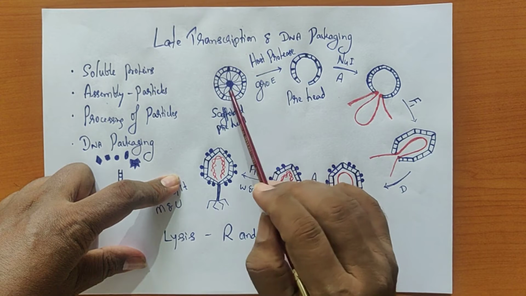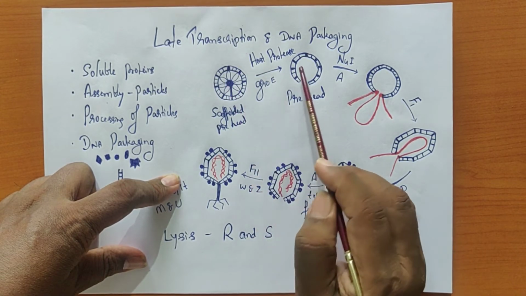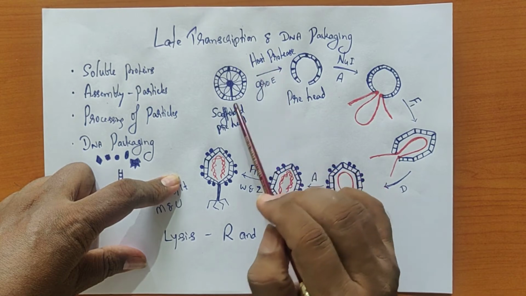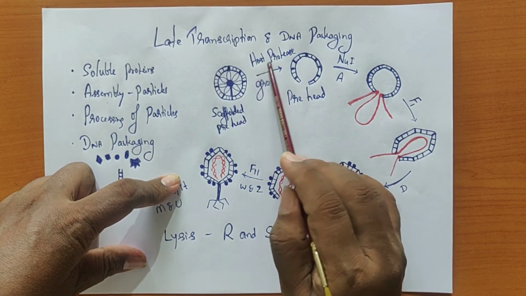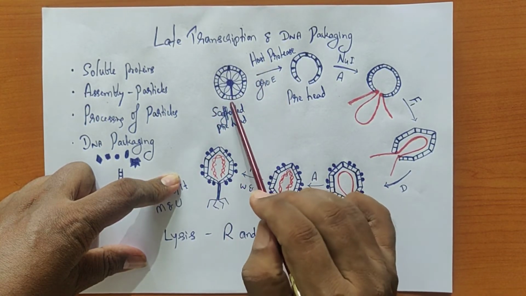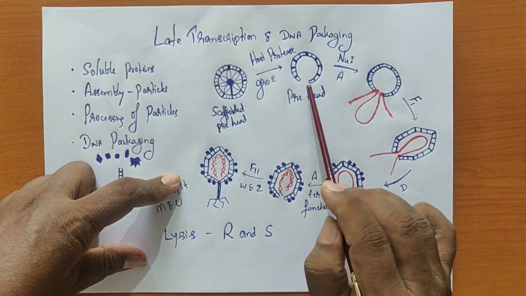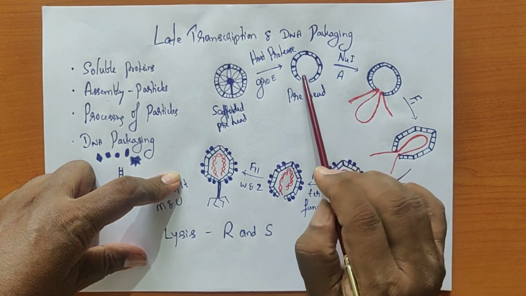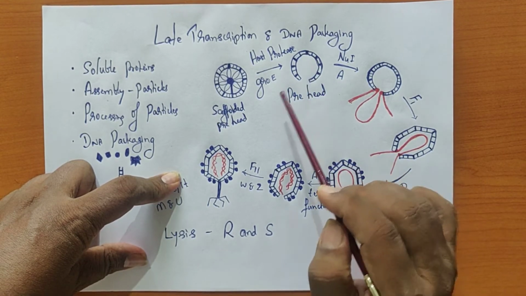So that is very important. From scaffolded pre-head to the pre-head, we need a proteolytic action. That is from the GROE gene product, what is known as a host protease. So scaffolded pre-head will be converted into a pre-head. Now in the pre-head, I think we do have a space in the head. So in this head, I think we are going to